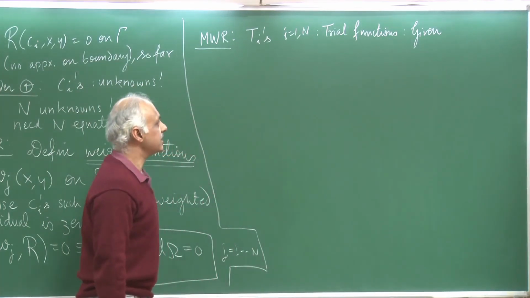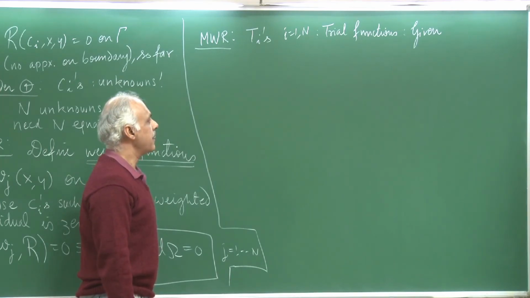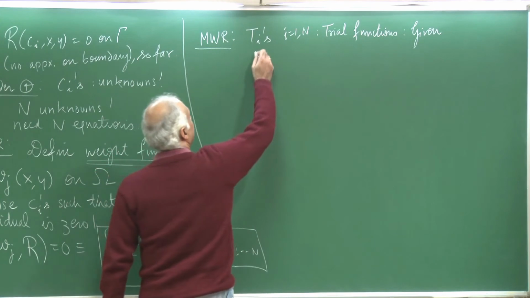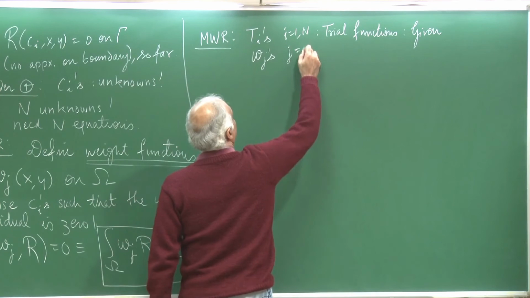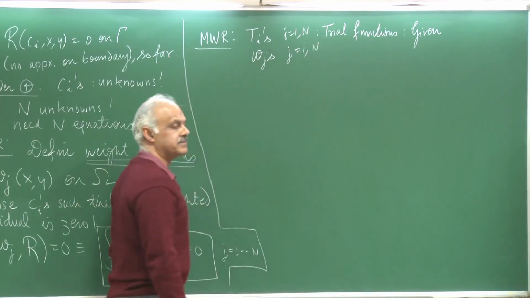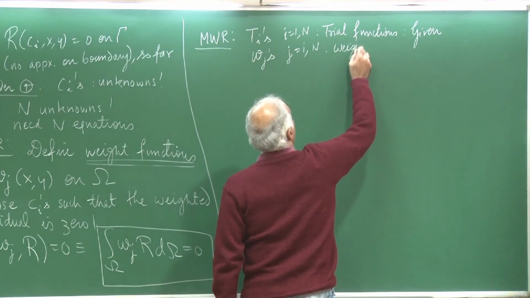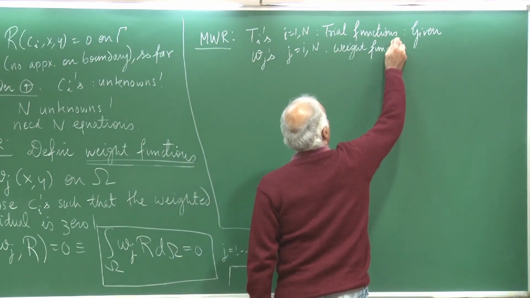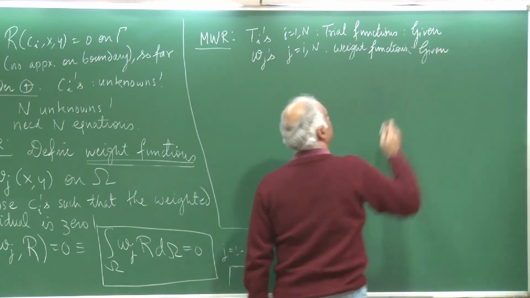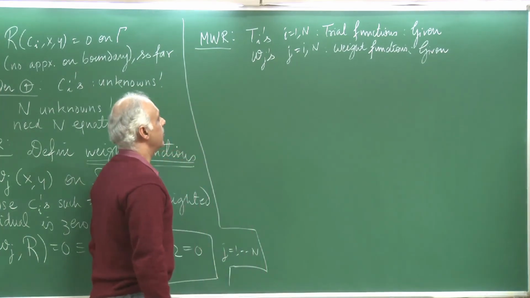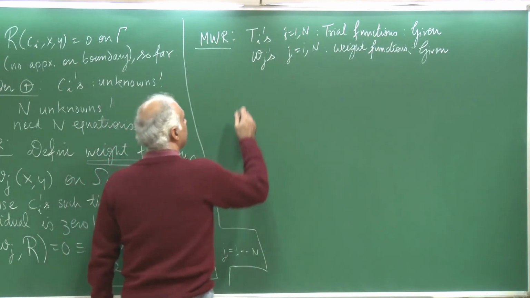It is a class of functions whose linear combination is used to represent the solution. Then we have the Wj's, where j goes from 1 to n, and these are the weight functions. These are also given. So n trial functions, n weight functions, and we are supposed to determine